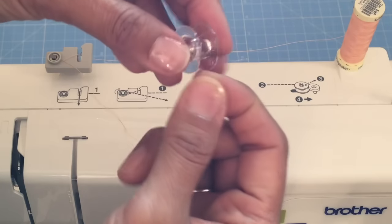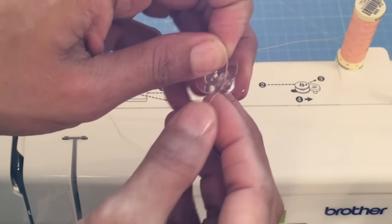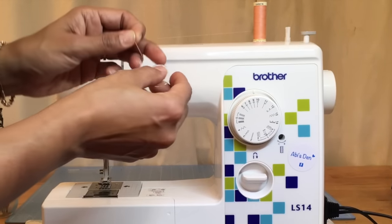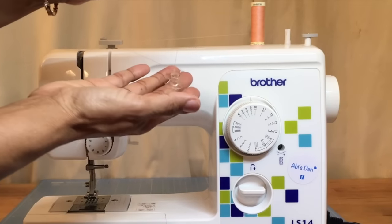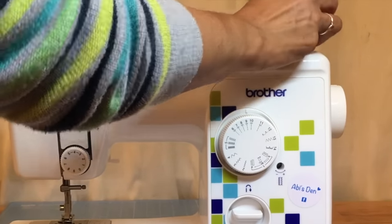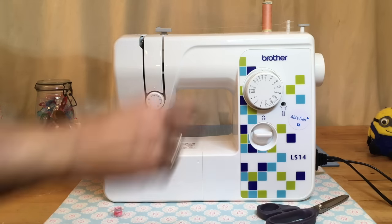So through the flanges and up through the hole, and catch it on the other side. I was trying to do it through the dots, and you can see there it's gone through there. Pop it on there. Do not let go of your thread at this point. So we're holding on to that thread, and I'm going to push this bobbin towards the guide, and you'll hear it click